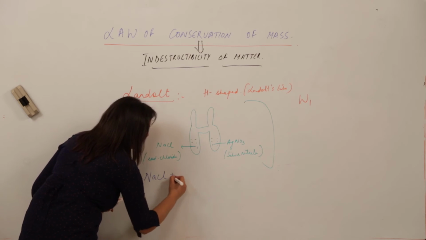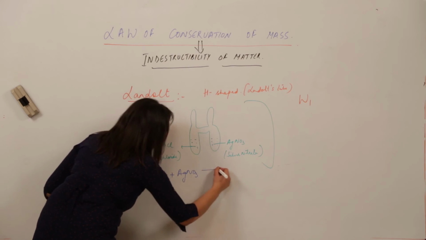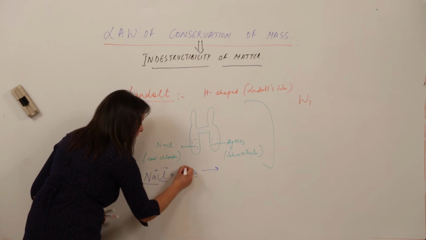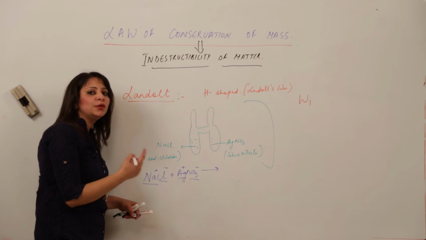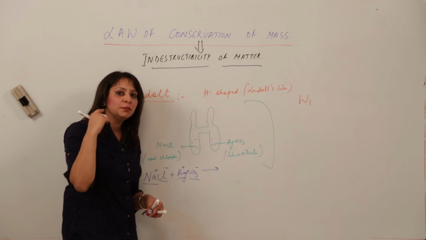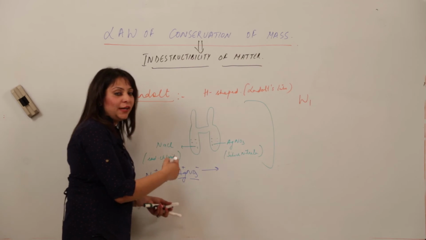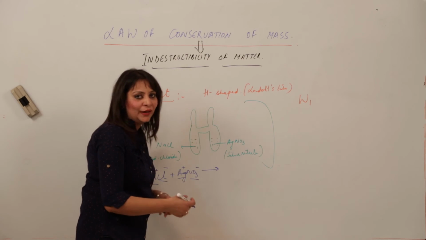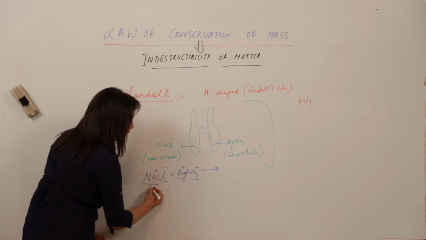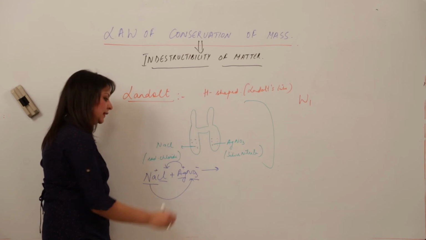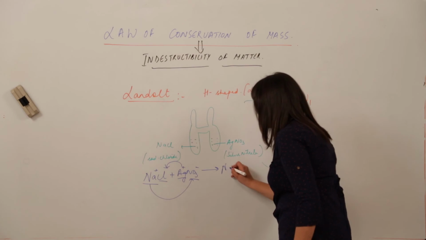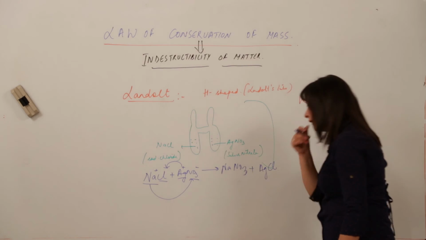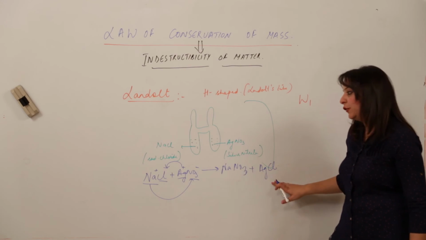NaCl and AgNO3 both got mixed and give rise to, I am writing the valencies here. These are the valencies which are used. You don't need to write them, actually you need to remember them in mind, but I am writing them for your convenience so that you are able to make the molecular formulas accordingly. This positive part will react with this negative part and this with this. So it forms NaNO3 and AgCl, that is sodium nitrate and silver chloride.